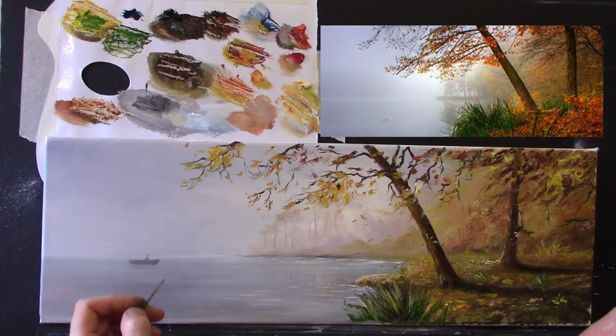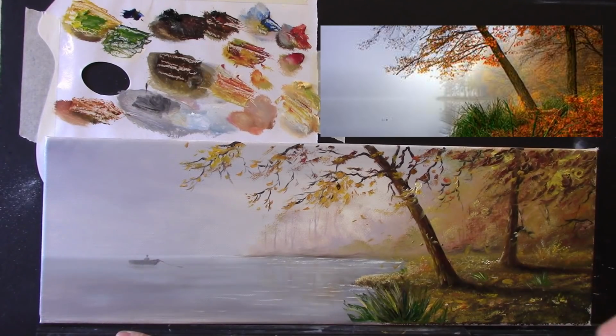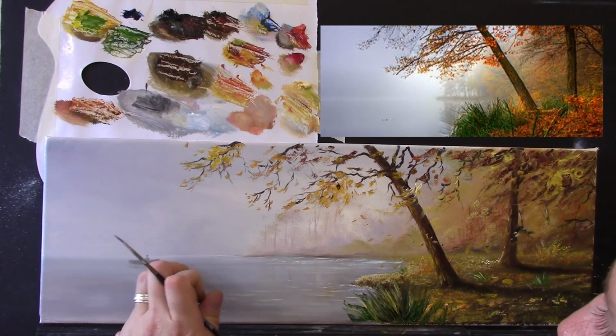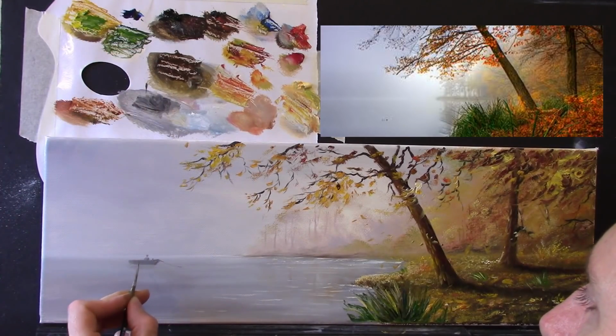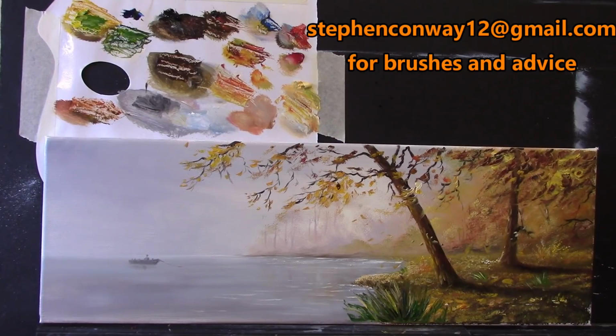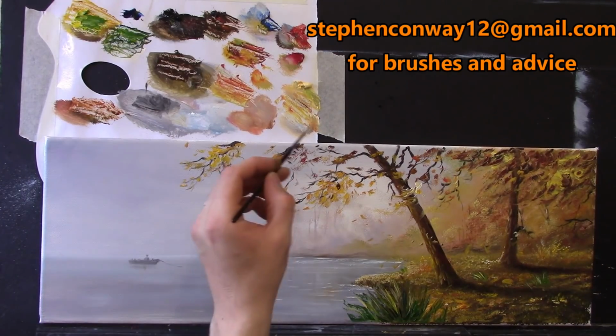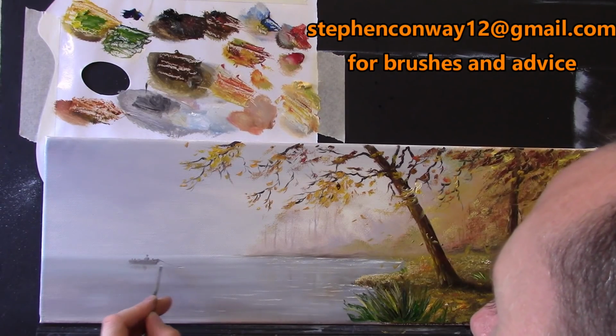Perhaps he's fishing, or perhaps he just anchored, or I don't know, reading a book or something. Let's just put a little line coming off the boat like that, and suggest a few little details here and there. Look, a little bit of a reflection also, and I'm going to put a touch of white then just here and there. Look,